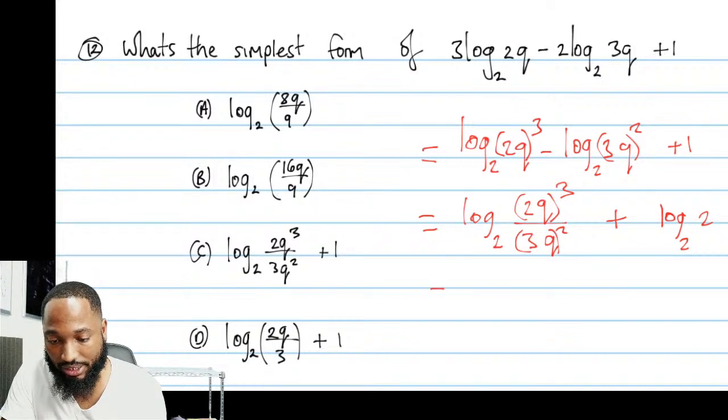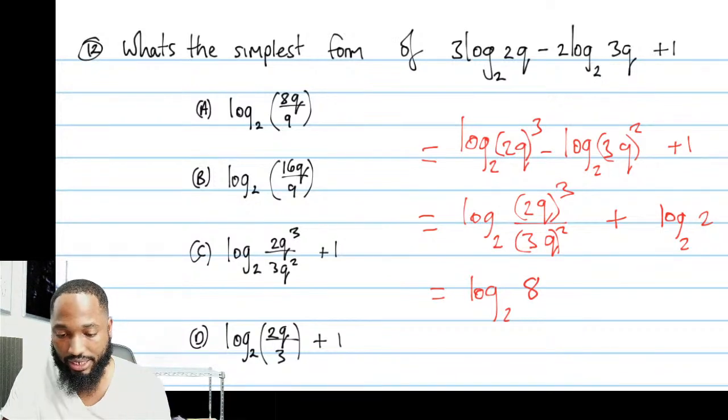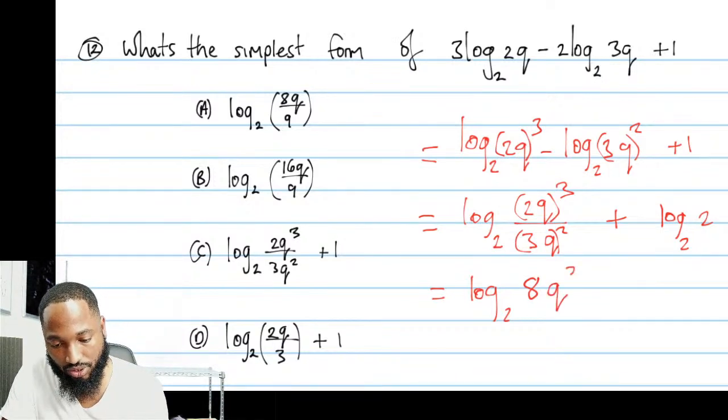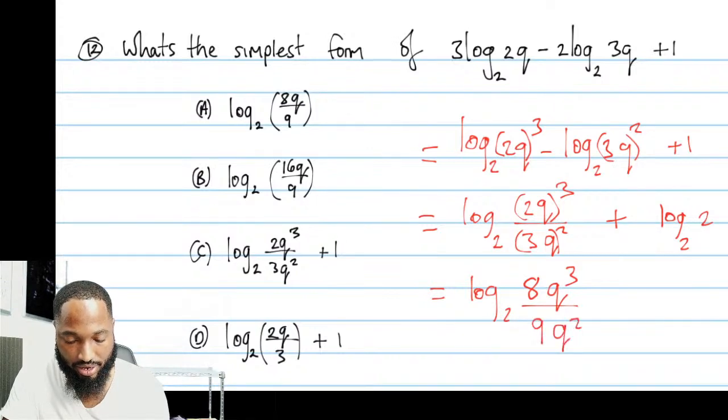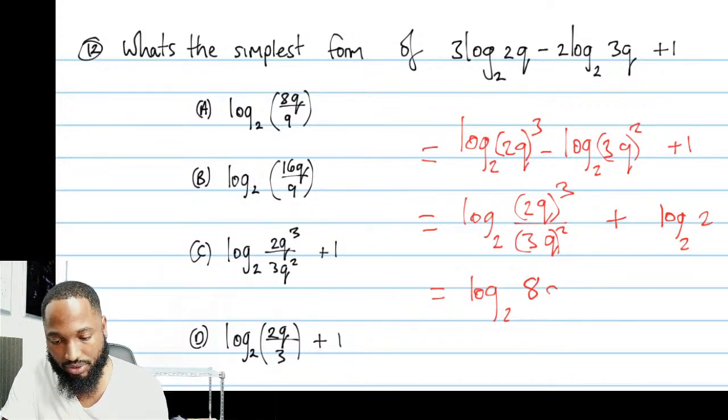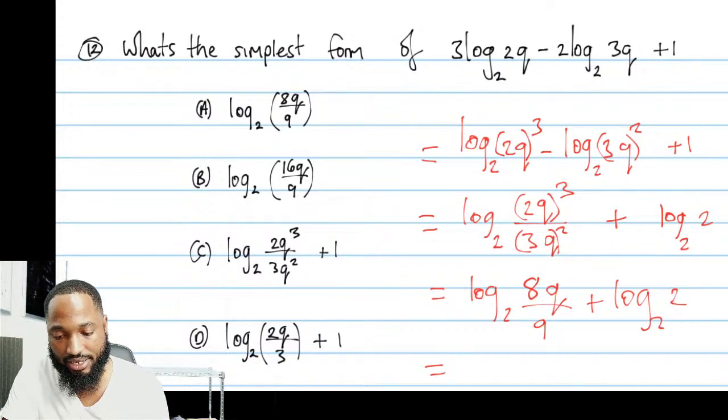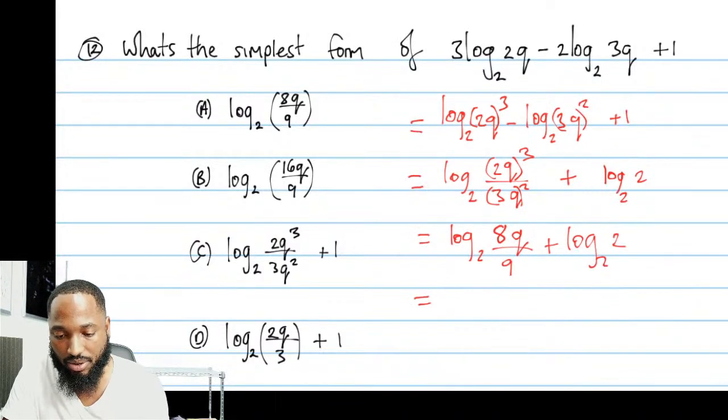So yeah, definitely come and simplify this now. Log to the base 2 of 8, because 2 cubed is 8, q cubed over 9 q squared. This will cancel with 2 of that and just leave me with a q on the top. So q over 9 plus, let me know in the chat if you understand all of that. Then group it together. So the substitution method beat out this method here. Actually, you may have done this fast too in the exam. You would be oiled up, so you'll be going through this question.